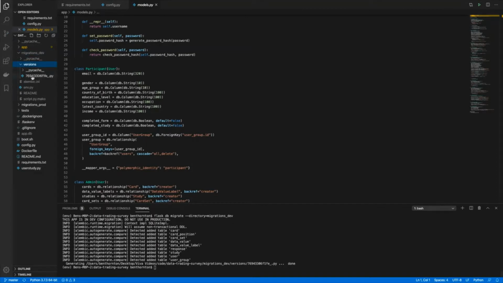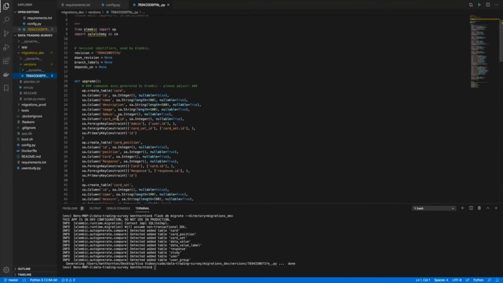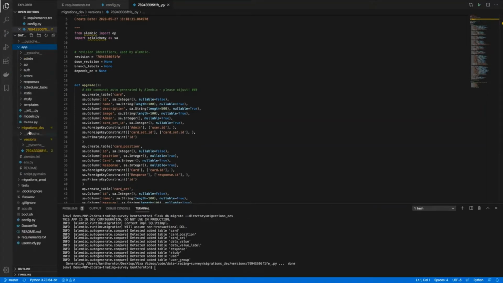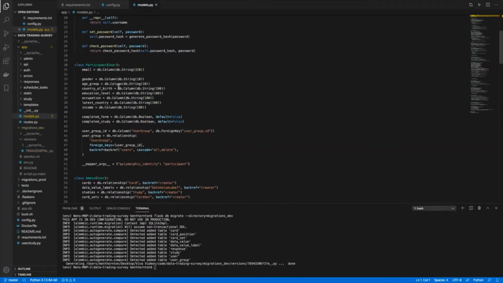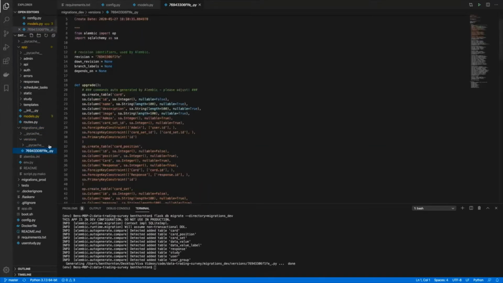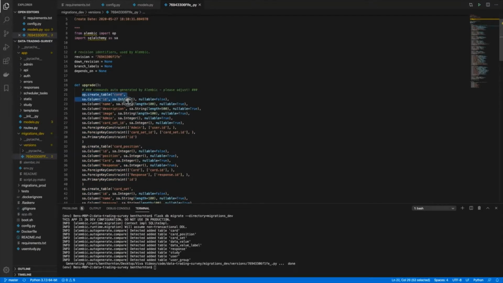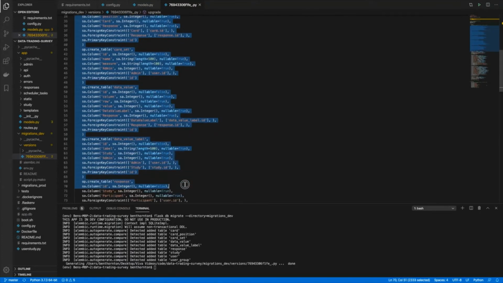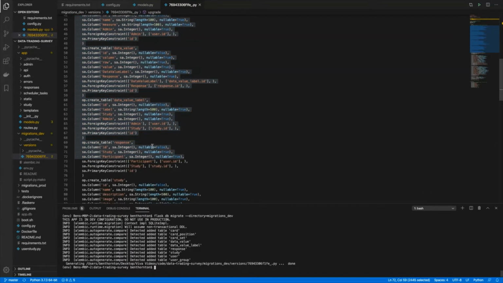So what that's done is basically created this file here, which converts all the code found in the models file we were looking at earlier into commands which are used to create the schema in the database that we're using. And at the same time, it's also created this app.db file here, which is a SQLite file, which is what we are using in this project for the development database.